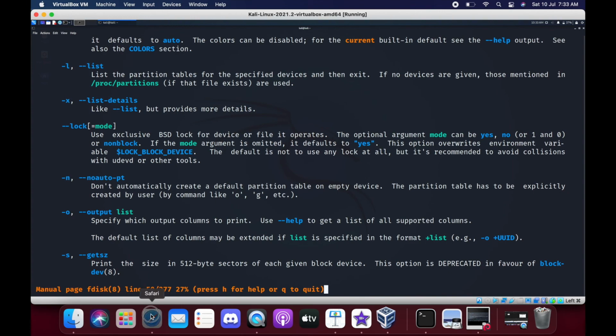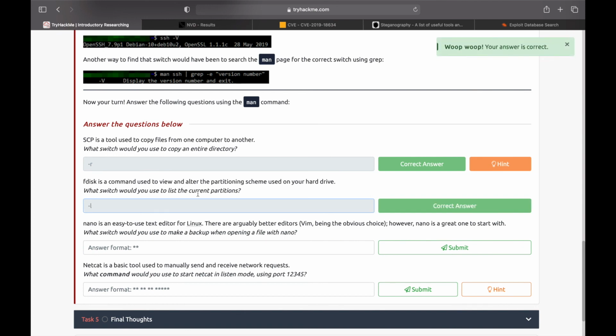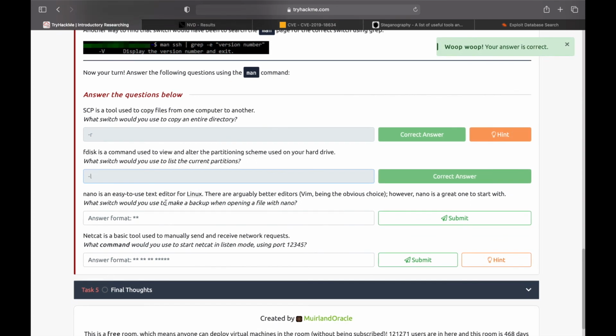Let's see whether it's the correct answer or not. -l. It's correct. Nano is an easy to use text editor for Linux. There are arguably better editors, Vim being the obvious choice. However, Nano is a great one to start with.